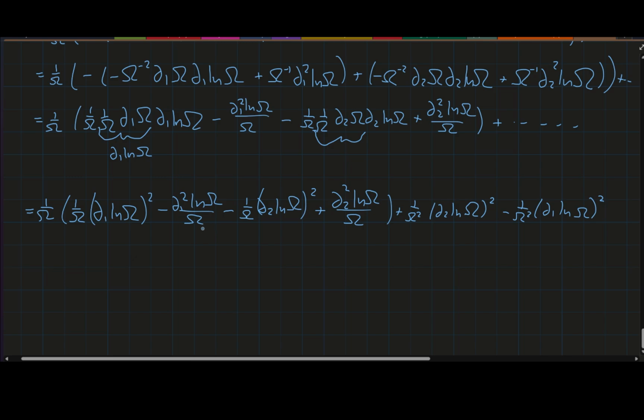Now, it should be obvious, but I'll just point this out, that there is a difference between these del 1 ln omega with the square on the outside and these del 1 squared ln omegas, because this del 1 squared is saying that the del 1 operator is being applied twice to the ln omega, whereas here we're taking del of the ln omega and squaring the result. So yeah, keep in mind that those are different. But we'll also notice here that we have a del 2 ln omega squared with a plus sign over omega squared, and